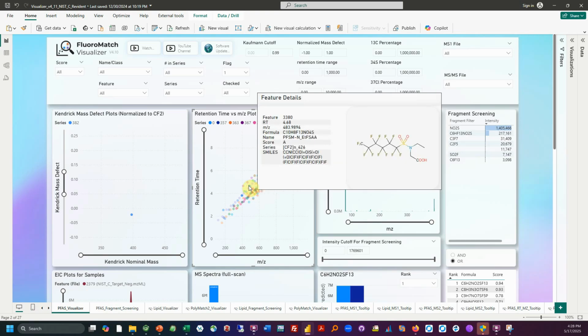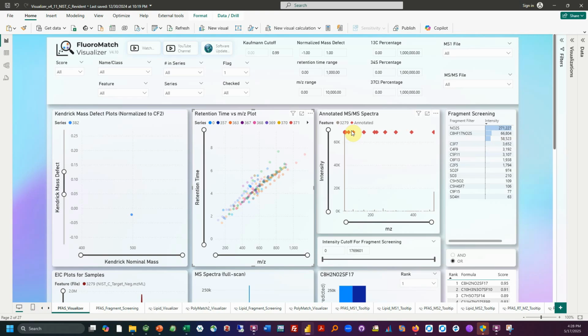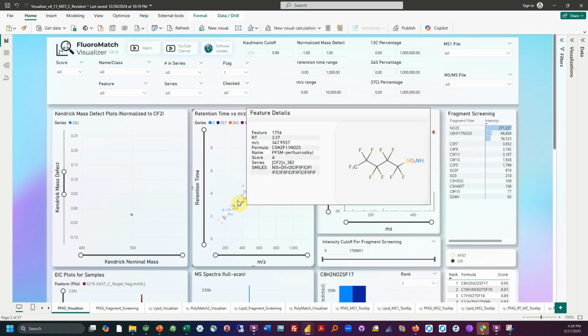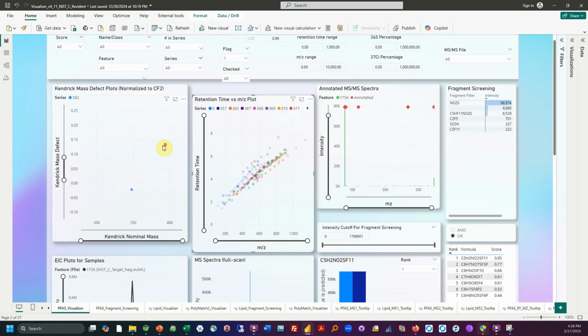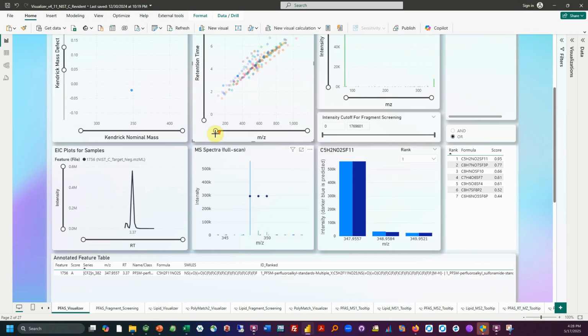See if we have another member of the series. Here we go. So here's another long one. Again, NO2S is the main peak over here. So that's about it. Again, I told you there's one other thing you want to check for the MS-MS spectra,